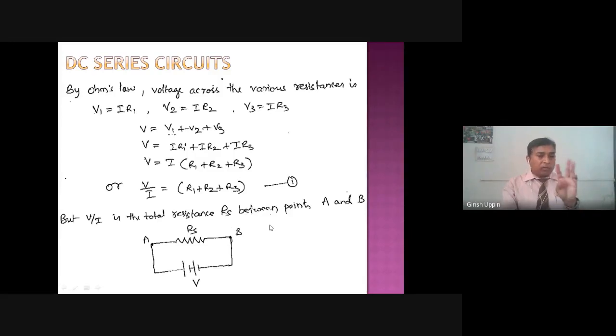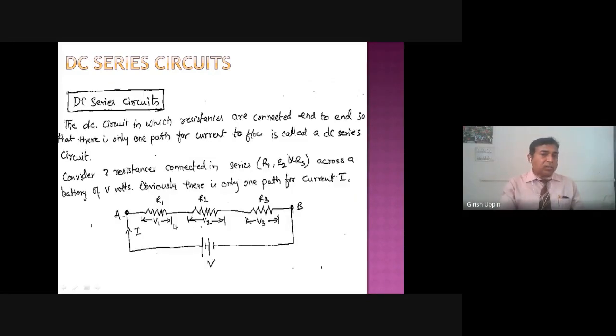The effect of having 3 resistors: let us say, for simplicity, the resistors are 10 ohm, 10 ohm, 10 ohm. I can replace that circuit with a simplified version. So this is just a process of simplification. Instead of having 3 resistors of 10 ohm, 10 ohm, 10 ohm, I will replace them with a single resistor which is having 30 ohm. So Rs is the equivalent circuit for this circuit.